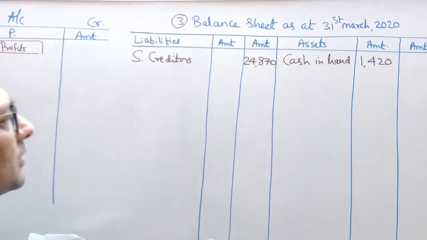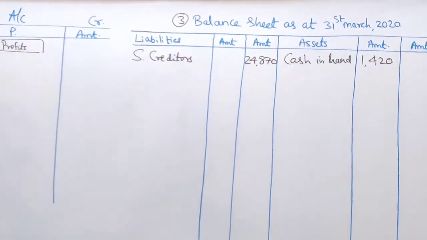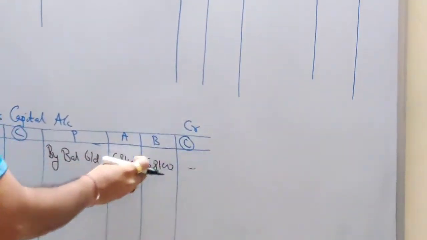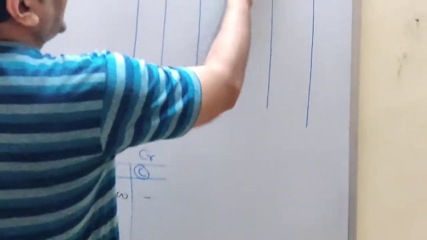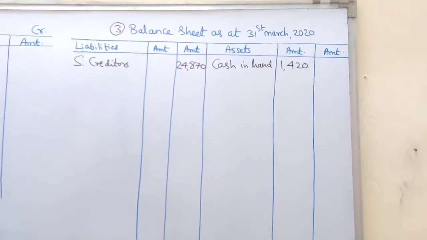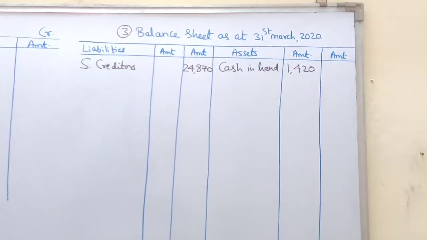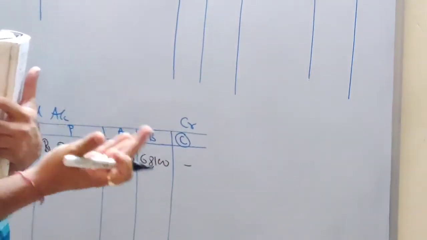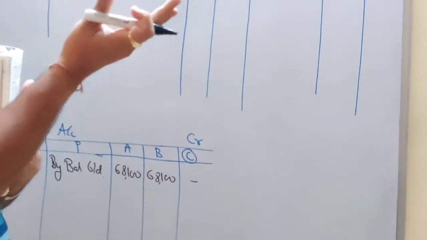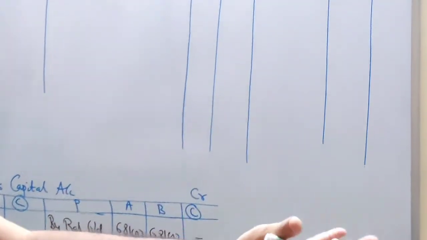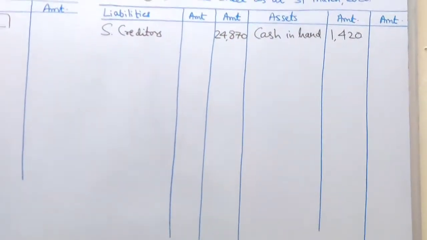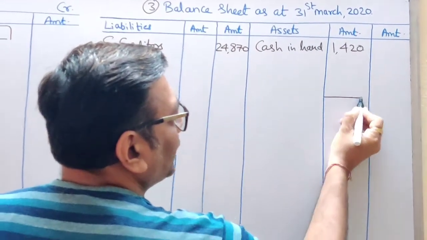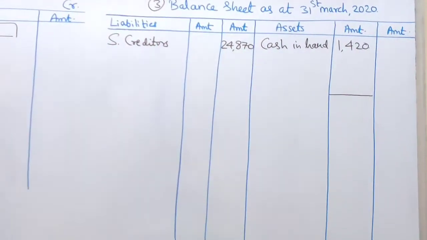Now why to write in inner column, students? Because this new partner is going to bring capital. So what we will do, new partner is bringing capital, I will add in my cash balance. Why? Because when we receive money of capital from new partner, what happens to your cash balance, students? Your cash balance will increase because firm is receiving capital from Mr. C. So your balance is going to increase. So this capital and goodwill you will add to the cash balance.